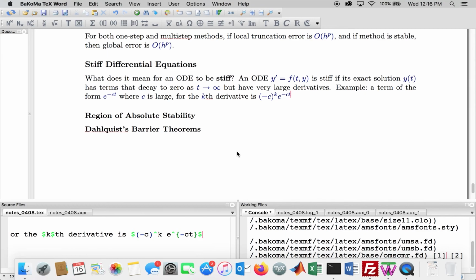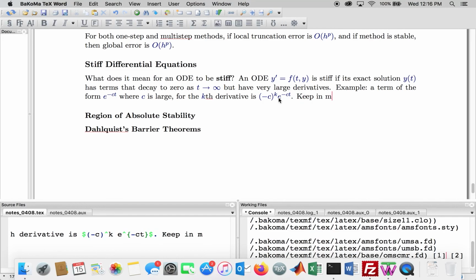So what happens is if c is large, then this constant gets large in magnitude, even though for c large this function is very small unless t is near 0. So if this is mixed with other terms in the solution, the contribution to the solution from this term would likely be negligible. But because the derivative can be large,